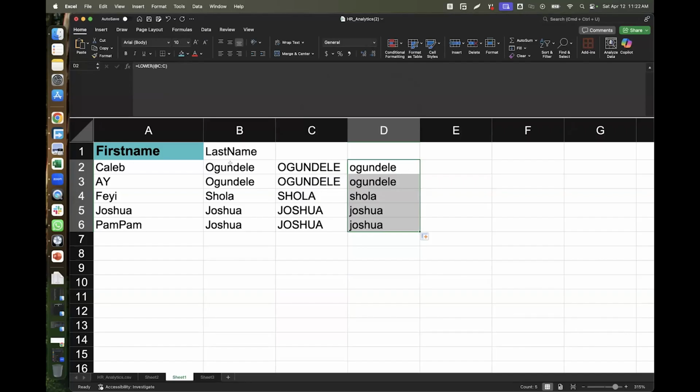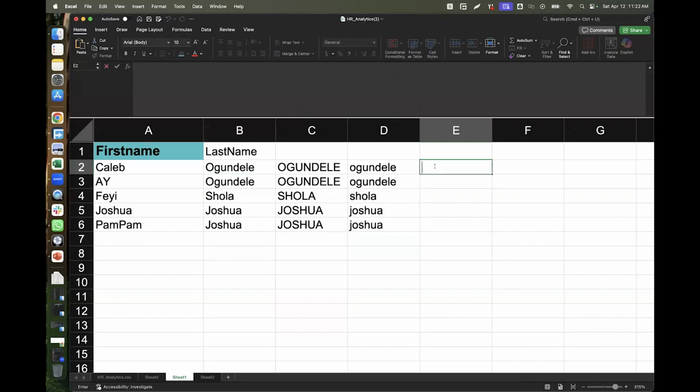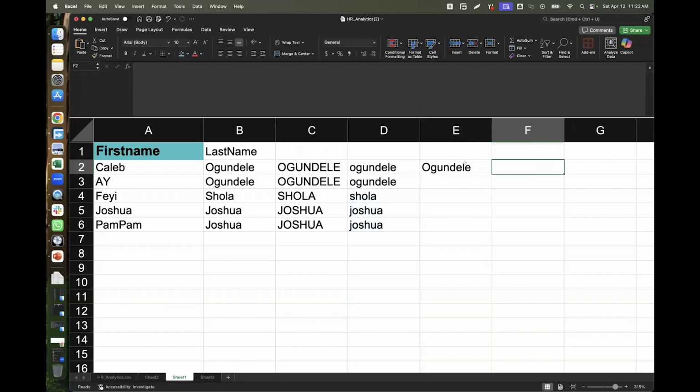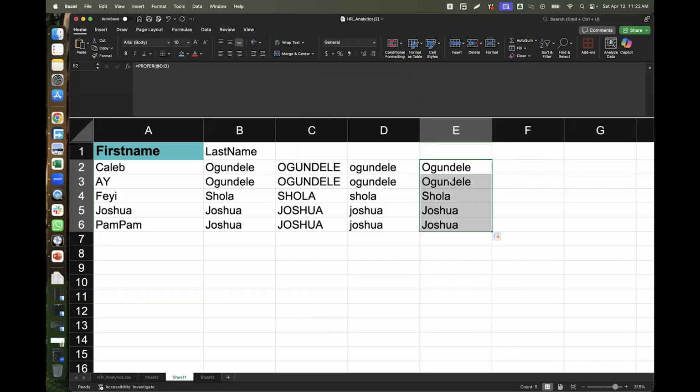If I also want to make it look like this again, all I need to do is type equals proper. And I'm selecting this cell that is lower, and I'll close the brackets, press tab, and you see that it has reverted it back for me. So that is an example that I wanted to call our attention to, and on things that we can do, right? So that's on the one hand.